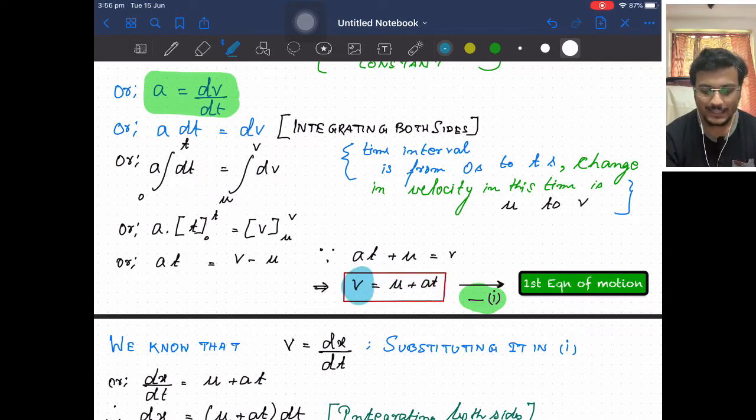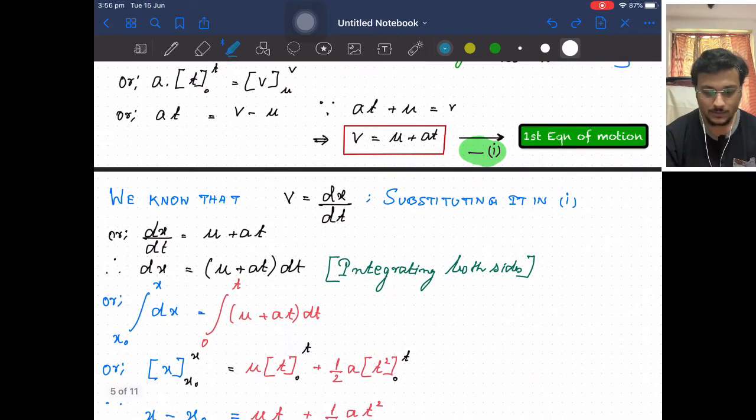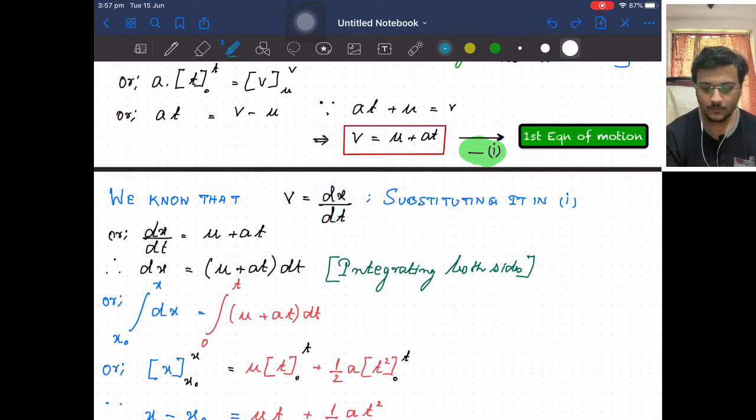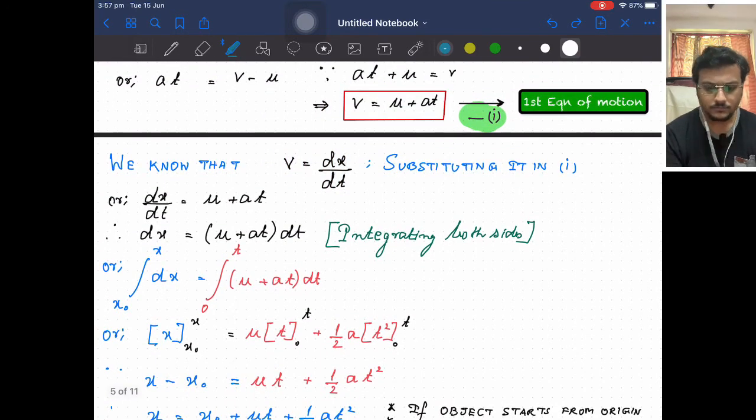Now how can we bring displacement? You can think that the velocity is nothing but a function of displacement. That's why I have written, we know that velocity is equal to the rate of change of displacement with respect to time, dx by dt. So I am going to substitute this thing, my dear children, in this first equation. Once I substitute it, the job is done. So time for substitution. In place of v, we are going to put dx by dt. So we have dx by dt, and the rest of the equation just follows through, u plus at. As you can see, it's simply u plus at.